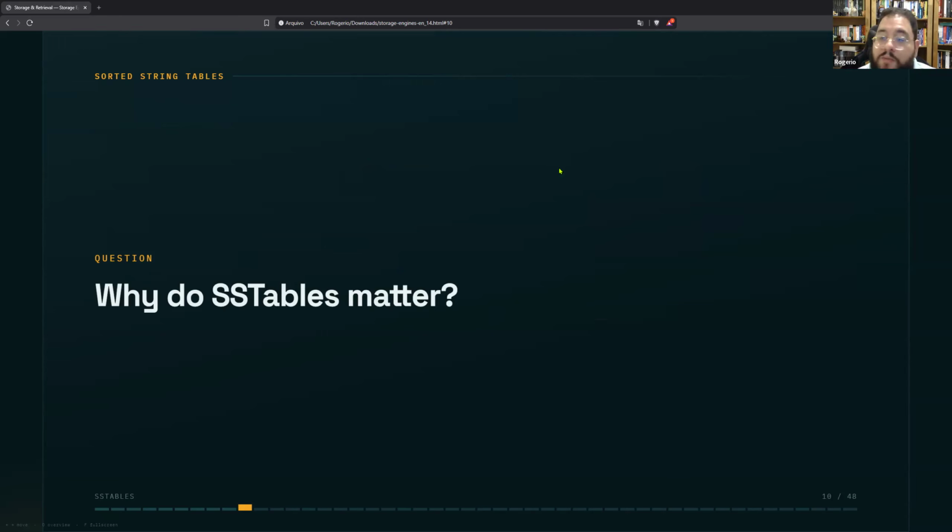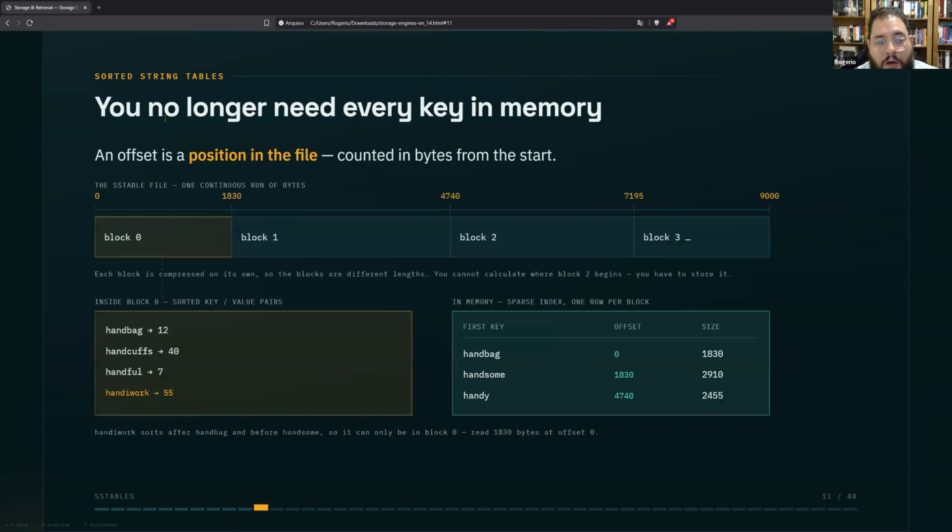And why do SSTables matter? Because now you no longer need every key in your memory. Suppose you have an SSTable file, and this SSTable file contains a lot of blocks. Okay, each block is a segment, like we saw in the earlier slides.